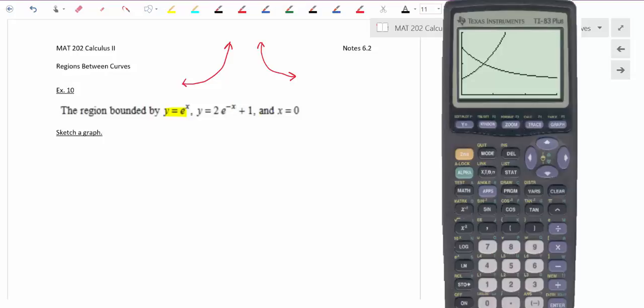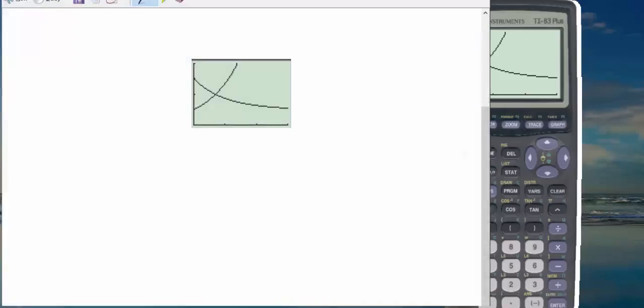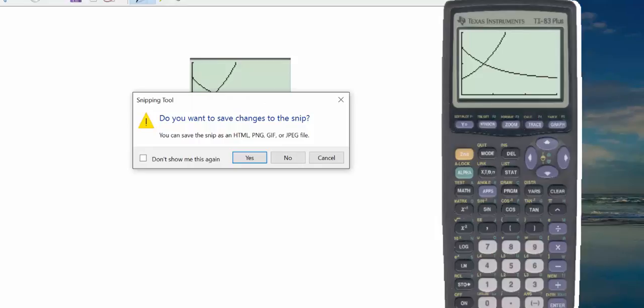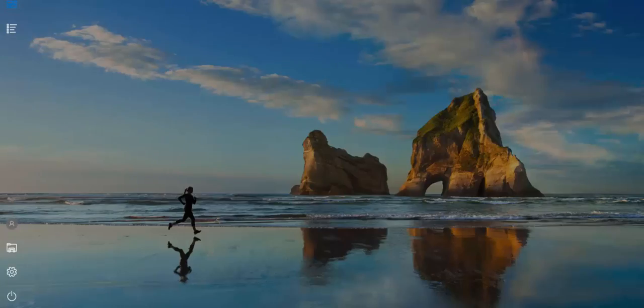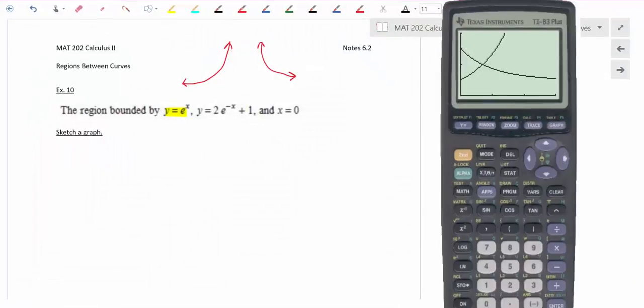Now I'm going to take a quick screenshot of this so we can refer to this as we go. And then we'll build our integral, and then we can find the area under the curve. Okay, come on, OneNote, come back up. There we go. Okay, so let me paste this,